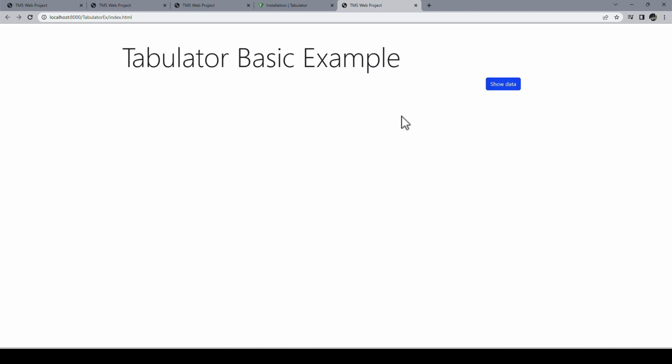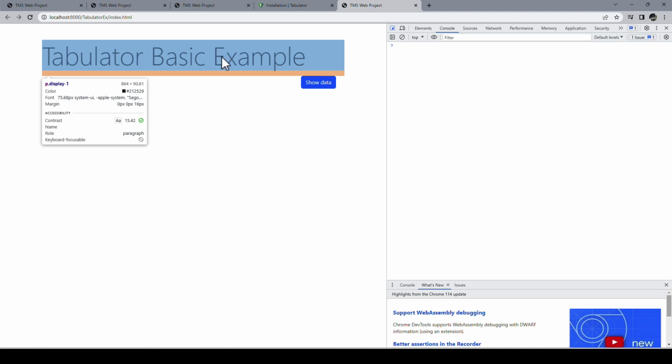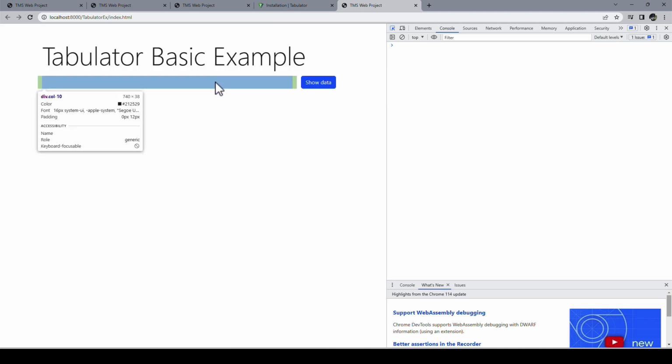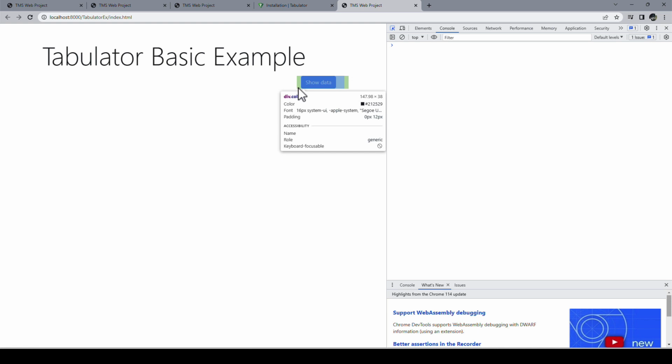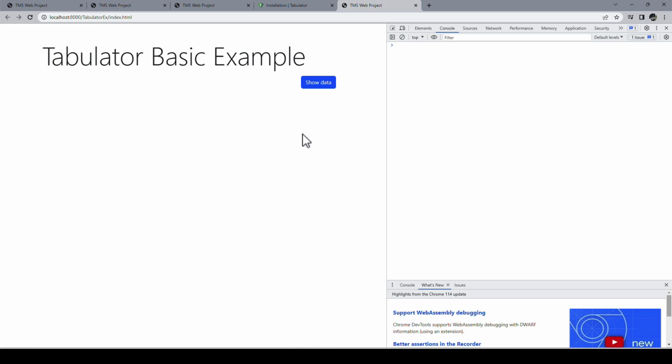If you go into the developer console pressing F12, you can also make this visible. For example, clicking here, you see all the different elements of your page. And here we see the div of column size 10 with the blue rectangle. And moving over to the right, I see the button in the column of size 2. Of course, this also works for the container that everything is contained in. Here, the container spans all the content of the page so far. So this is a very helpful tool for analyzing the structure of your web layout.